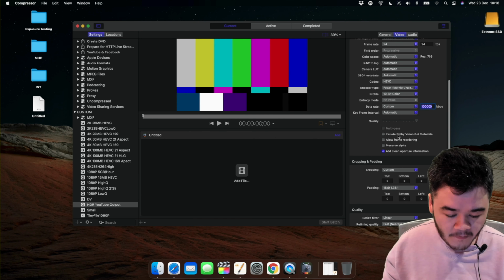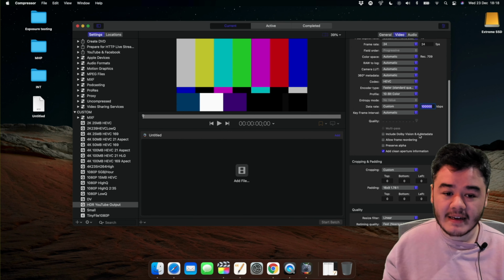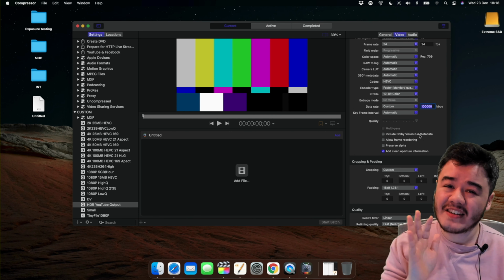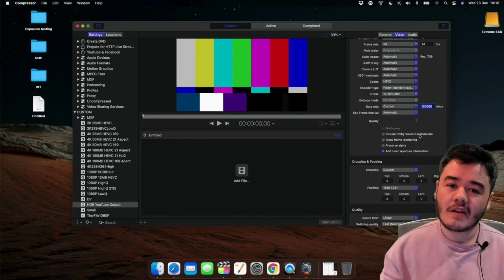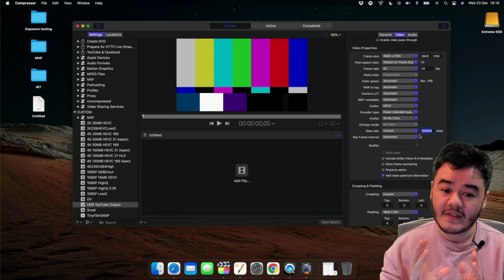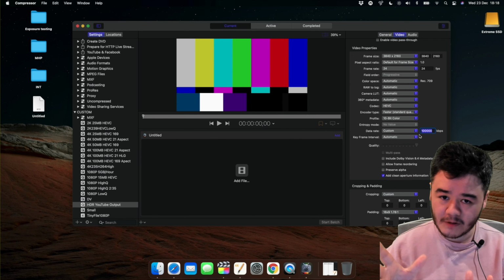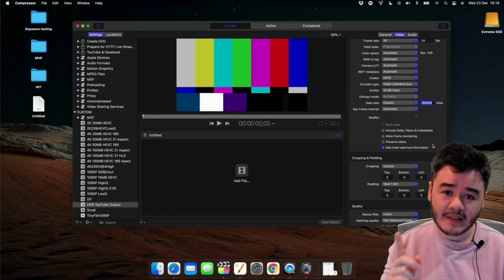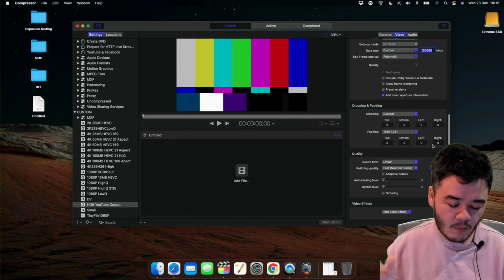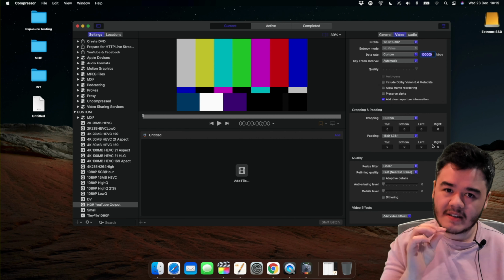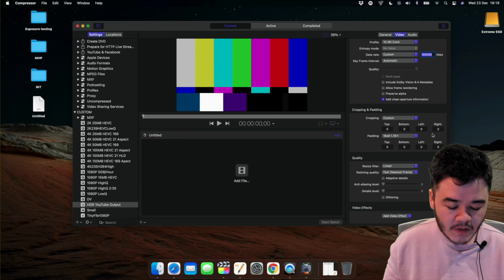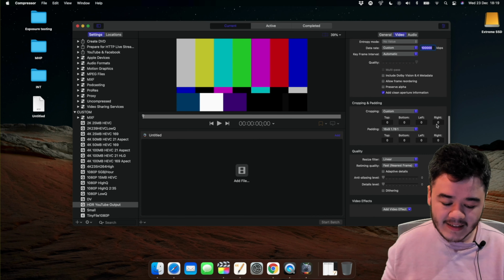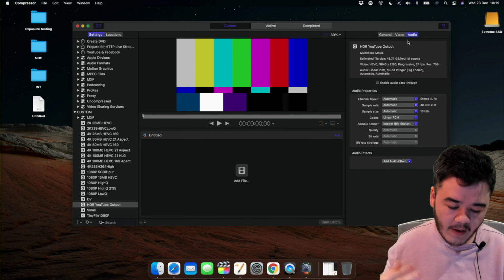Now, in terms of this, include Dolby Vision 8.4 metadata. You can if you want. I actually haven't tested this with YouTube because, again, YouTube's HDR and a lot of these internet platforms, their HDR is emerging. So I'm trying to make this as much of a standard as possible, like keep it super standard. I'm going to experiment with that on my own in 2021 and see what the results look like. But this is tried and tested. I can give you great results if you follow this tutorial. Do not tick it. So this is basically all you need to do, and it saves automatically. Now you can go into audio and set these up if you want.